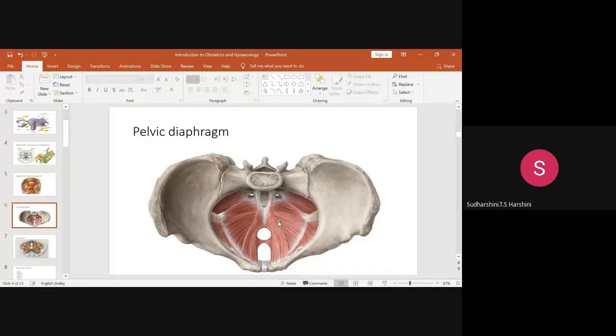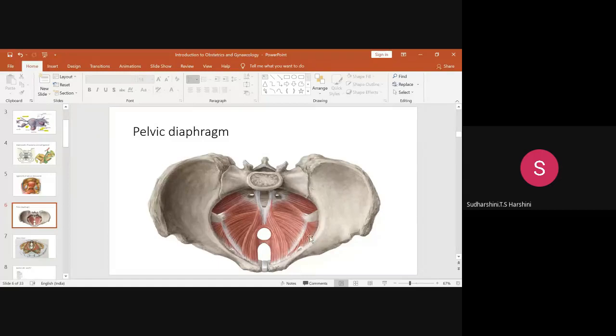And this one is called iliococcygeus. You can see the fibers going from lateral to medial. This is called ischiococcygeus. So can anyone tell what muscle this is? This is not a portion of levator ani. But what muscle is this? Any idea? This one, where my arrow is. Obturator internus, yes, it's obturator internus.